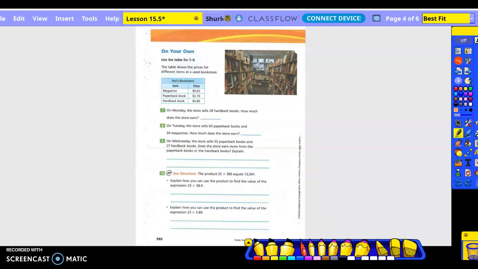On your own, use the table for studying tonight. The table shows the prices for different items at a used bookstore. On Monday, the store sells 28 hardback books. How much does the store earn? So 28 hardback. How much is a hardback book? $5.40. So we're going to take that times